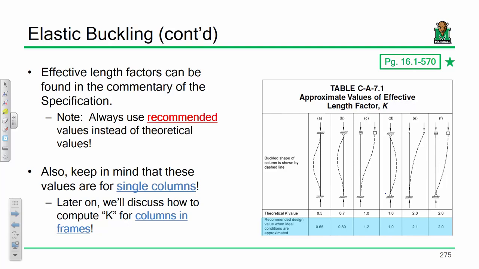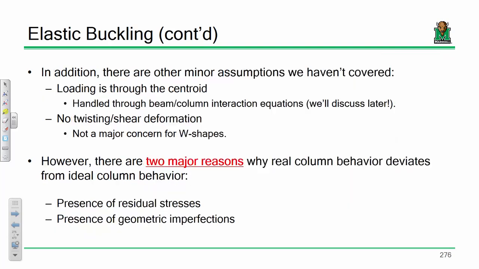Now just so you know, if you look on the next couple pages, there's these weird looking charts. There's two of them. There's one on the page, and if you turn it, there's one behind it. We're going to use those to determine K if you're trying to look at columns in a braced frame or a moment frame, as opposed to just a single regular old column in a building that's holding up the gravity load. But don't worry, I have an aid that I'll print off for you where it blows those charts up a bit and you can draw on them. But yeah, just be aware we're going to reference that quite a bit. Now,